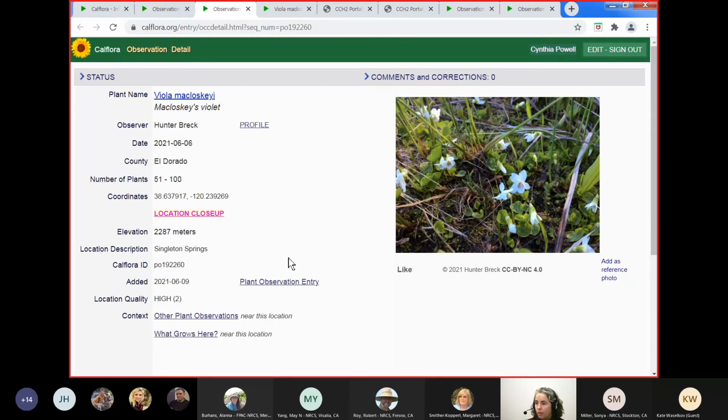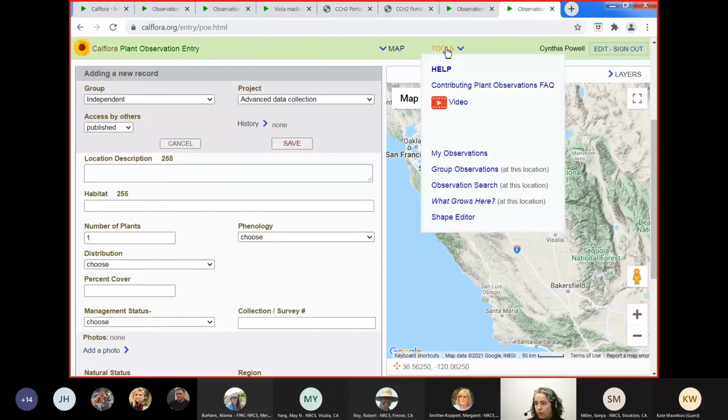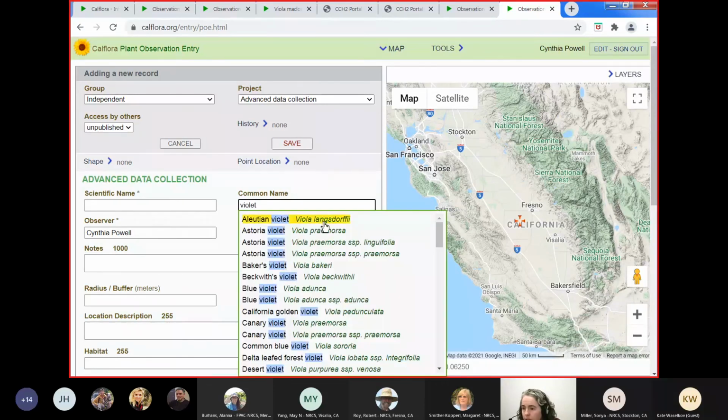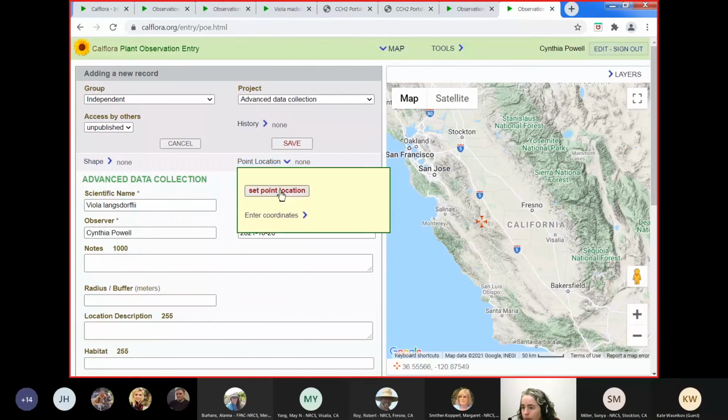I don't know enough about this violet to make any kinds of statements about what that might mean, but it's at least noteworthy. In addition to being able to choose phenology when you're adding observations to Calflora, you can also create, let's see, I'm going to leave this as unpublished because it's not going to be a real observation. Let's just choose first violet on the list. Say it was